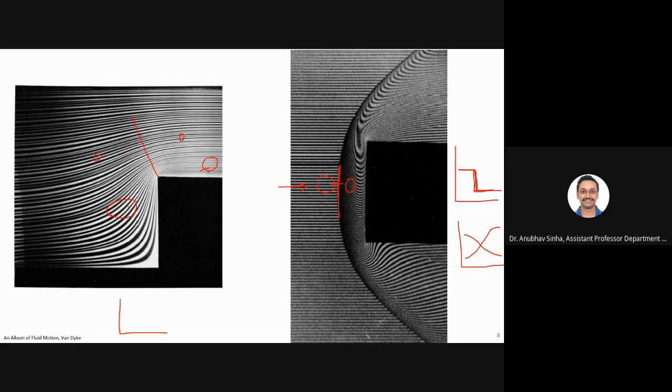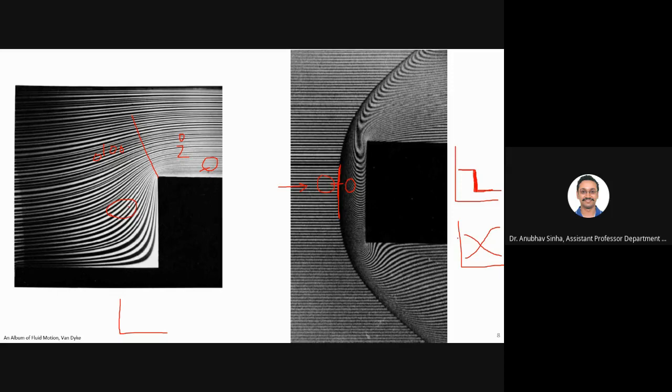Even in subsonic flow, you will not see that here the velocity is, let us say, 100 meters per second and here it becomes 2 meters per second. That sort of thing will not happen. But for a shock, you will see Mach 3 to Mach 0.8, that sort of change within a very small region. That's the beauty of a shock. Let me derive some relations, then it will be much clearer. Right now, I'm just showing you some photos to give you background. Once we go into detailed discussion, you will be able to identify what changes are there.